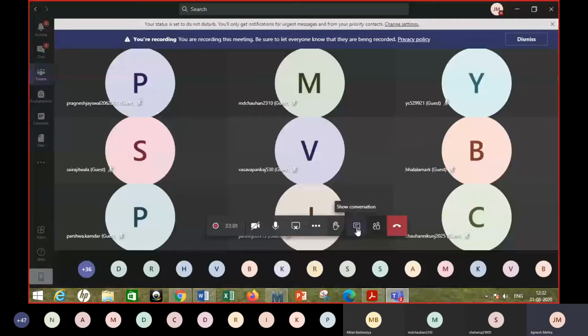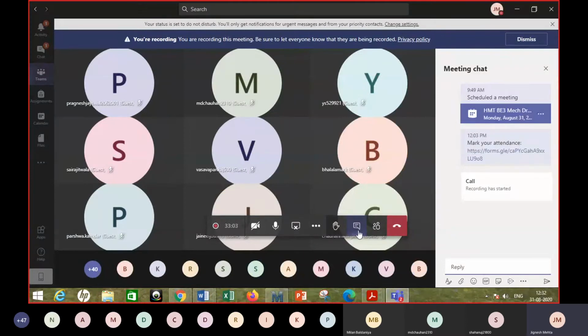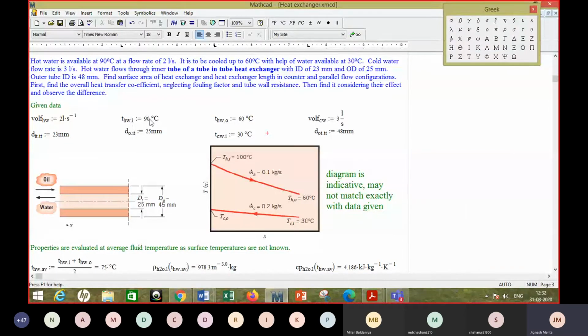So what is the value of P? The answer is very simple. Please type in the value of P and then I will talk about the value of R. Yeah, so very simple. It's 0.5, right? Based on these two values, the tube side temperature difference is 90 minus 60, so that is 30, and the maximum temperature difference is 90 minus 30, so that is 60. So 30 upon 60 is 0.5. And now the value of R.